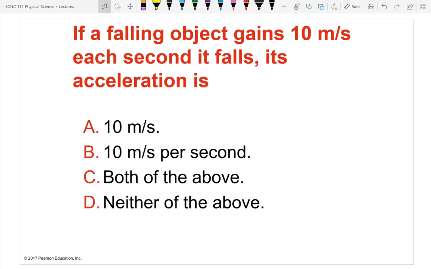If a falling object gains 10 meters per second, each second it falls, its acceleration is